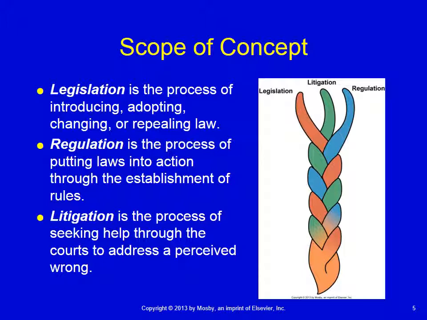Then these laws need to be regulated. They need to be put into action, and specific rules need to be established to ensure that the law is being followed. And within the federal government,